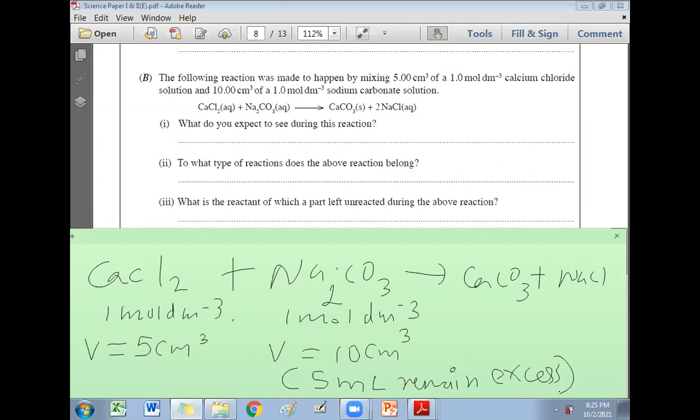Otherwise, if you don't mix them in the correct proportion, unreacted raw materials are left with the product. For example, if you're going to make a cake, you have to mix the ingredients in the right proportion. If you add too much egg, the taste will change. In the cement industry, if gypsum or calcium carbonate is added in excess, the quality of the cement will change. For Marmite, jam, any product in the market, the quantity, quality and correct proportion of raw materials are very important.